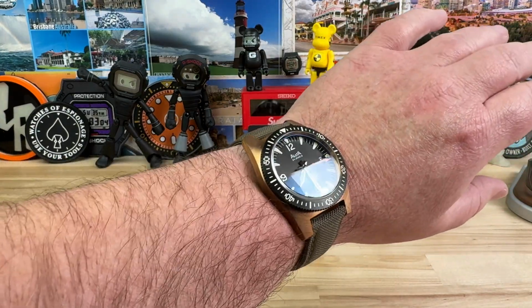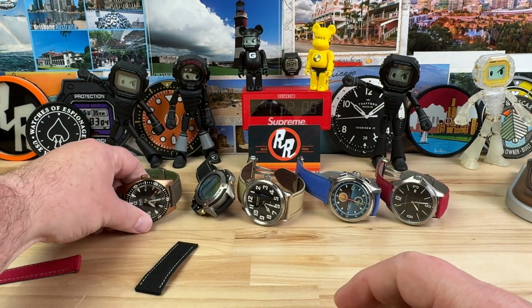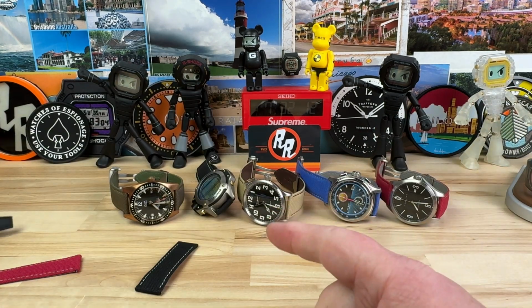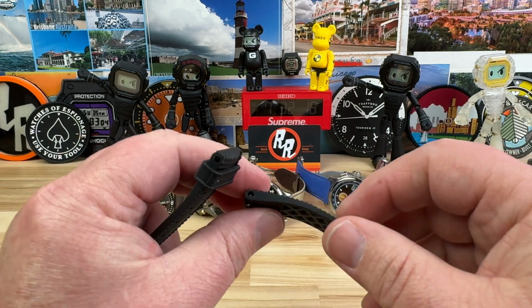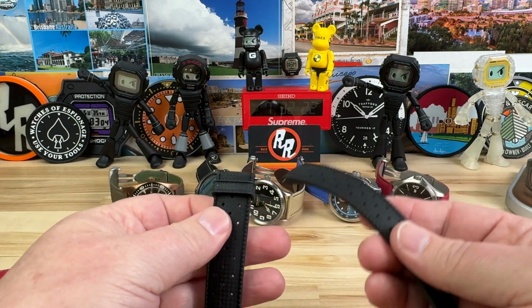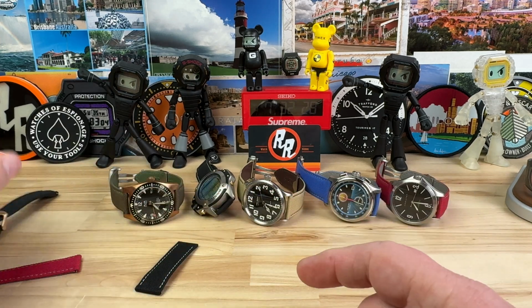So they look great, and it makes taking the watch on and off a lot easier than dealing with the old buckle system, right? This is the strap that was actually on that one. It, A, didn't fit very well, and B, I'm not a huge fan of tropic straps that don't have more curve to them, which these ones have a little bit, but they didn't fit the case right. So, you kind of monkey around with this too, and the holes are further apart,